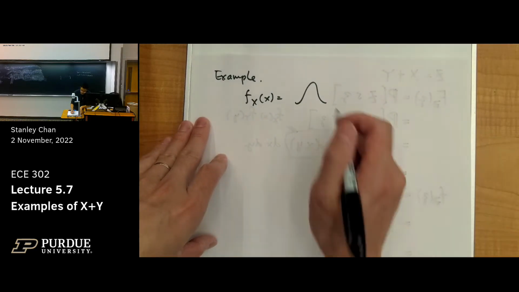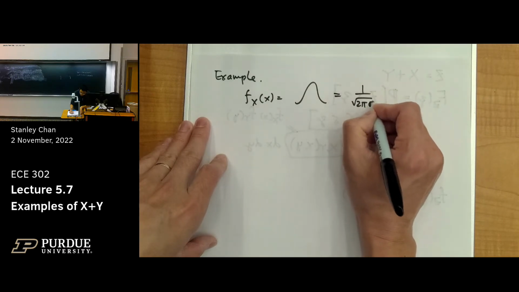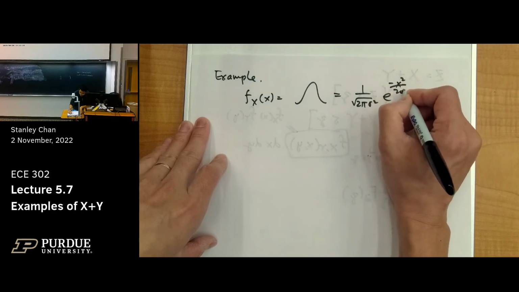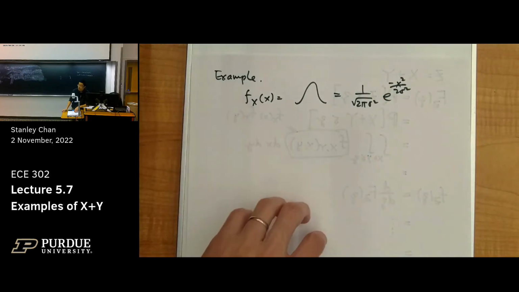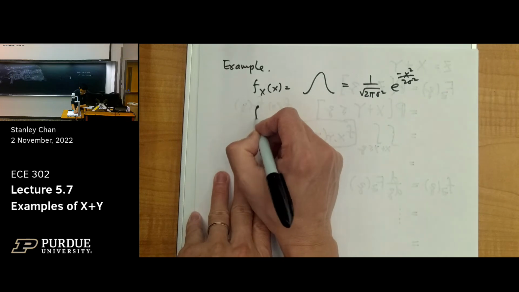So you have 1 over the square root of 2 pi sigma squared, times e to the power minus x squared divided by 2 sigma squared. It's just this. Zero mean Gaussian. The mean is 0. And then your f_y